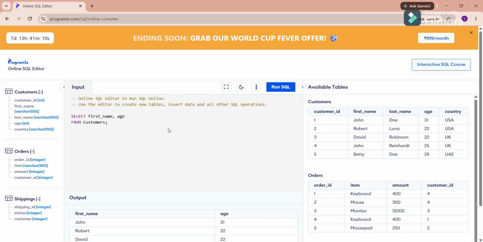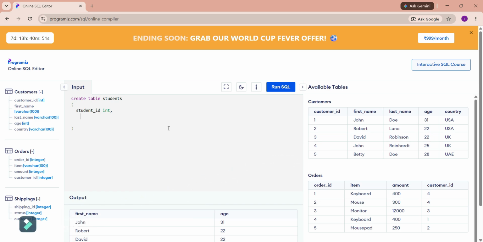Let me explain with a simple example. Create table students: student ID int, name varchar 50, age int, and course varchar 50.